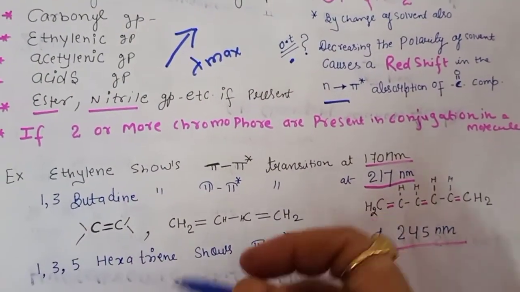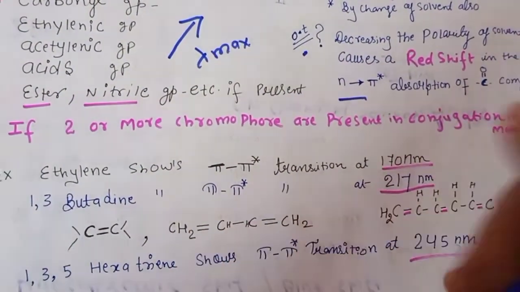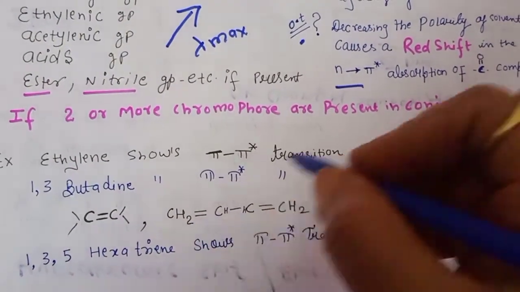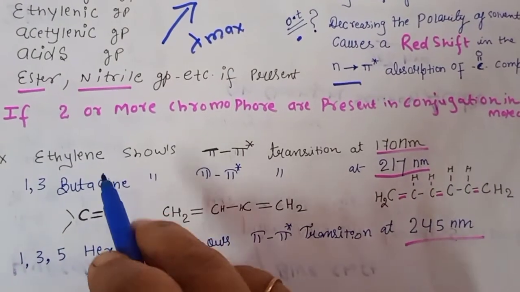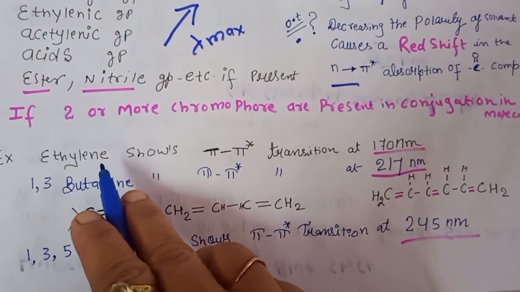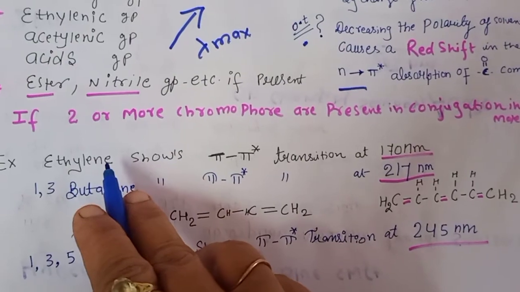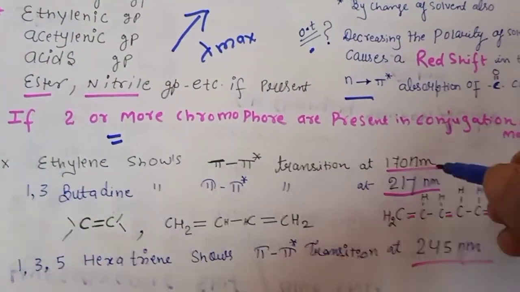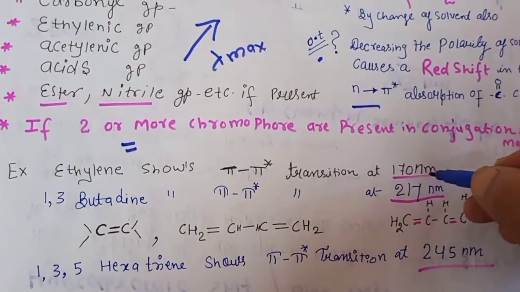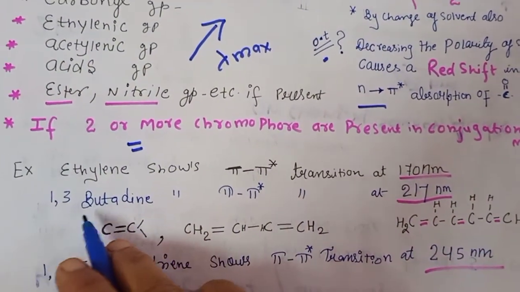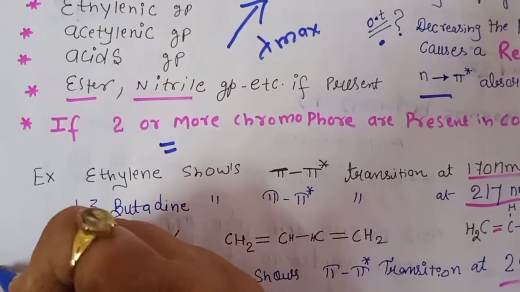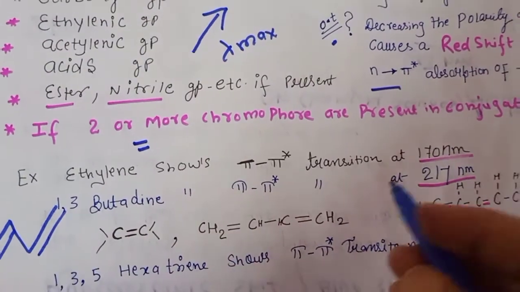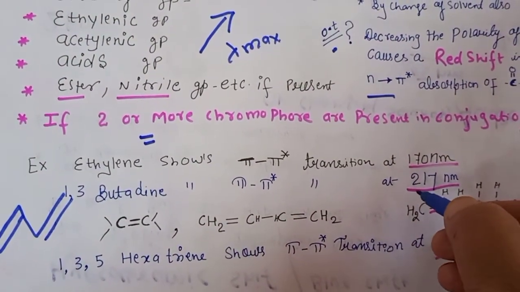Okay, so as we talk about the conjugation, a double bond is there. If two or more double bonds are in the conjugation, then definitely the values increase. For example, if there is only one double bond, as we know, alkene, ethene will have only one double bond, then in the transitions the absorption maximum value is 170 nanometer. But if we see 1,3-butadiene, you will have two double bonds in conjugation. So the value increases. It will be 217 nanometer.